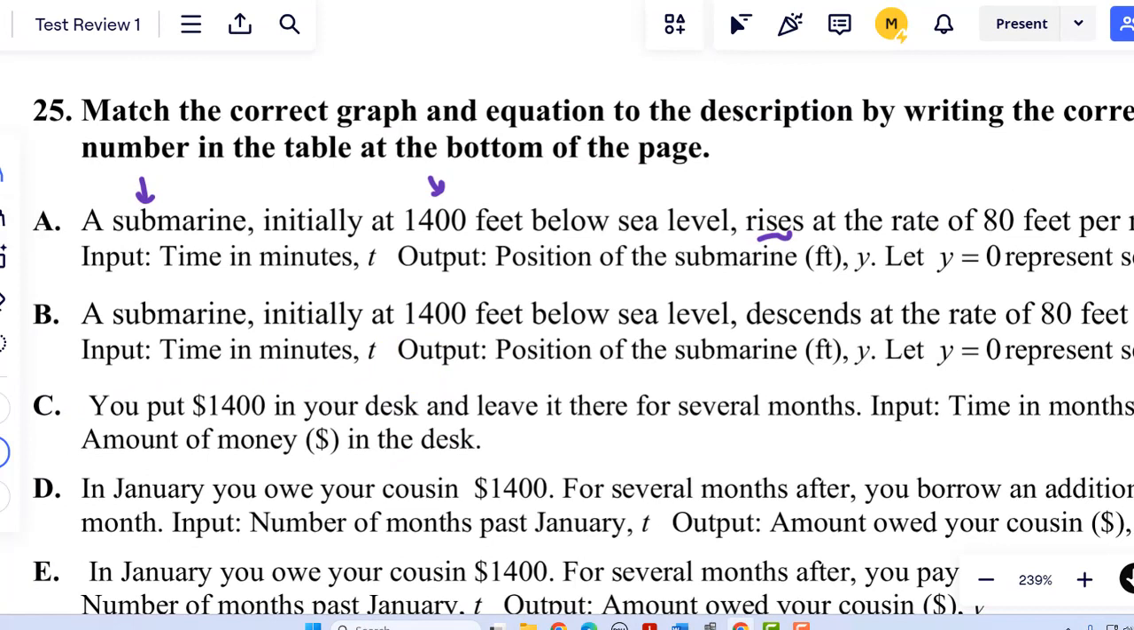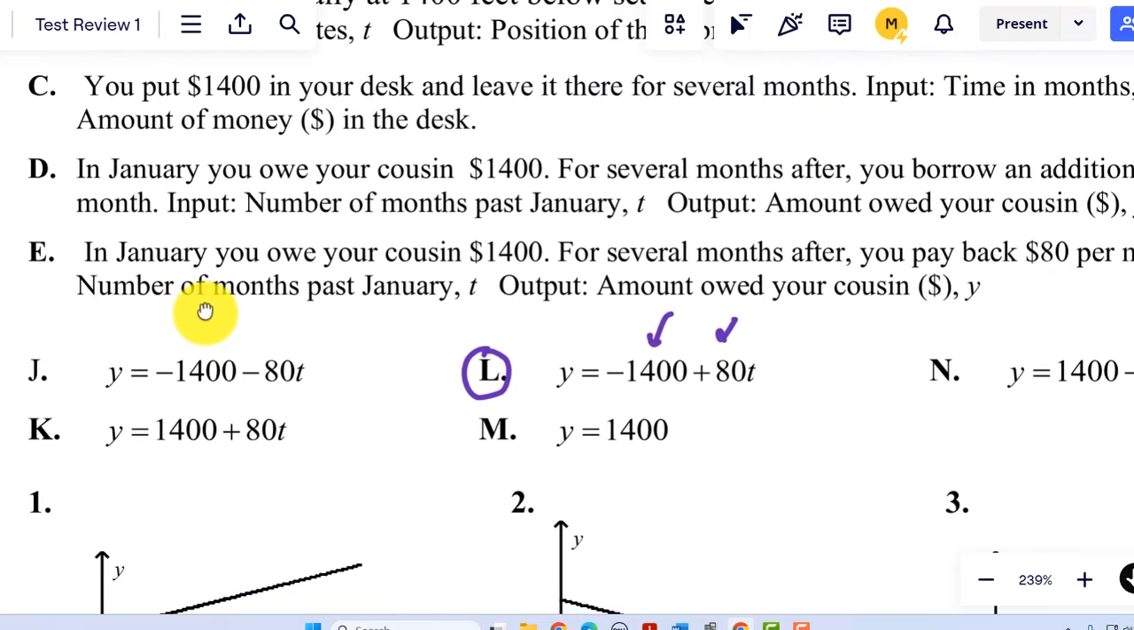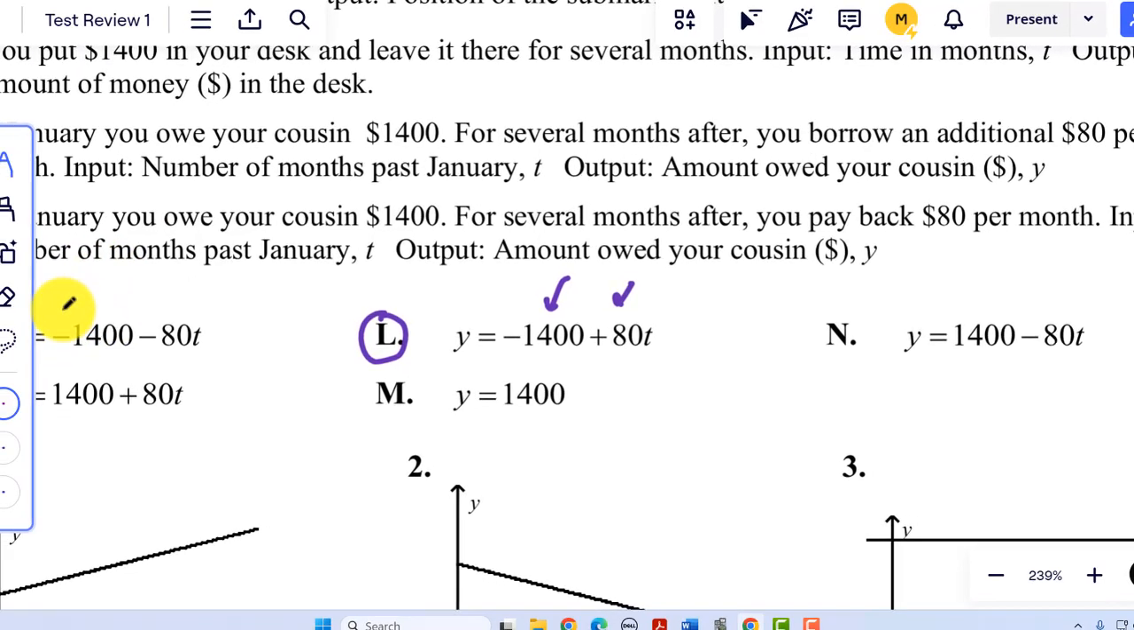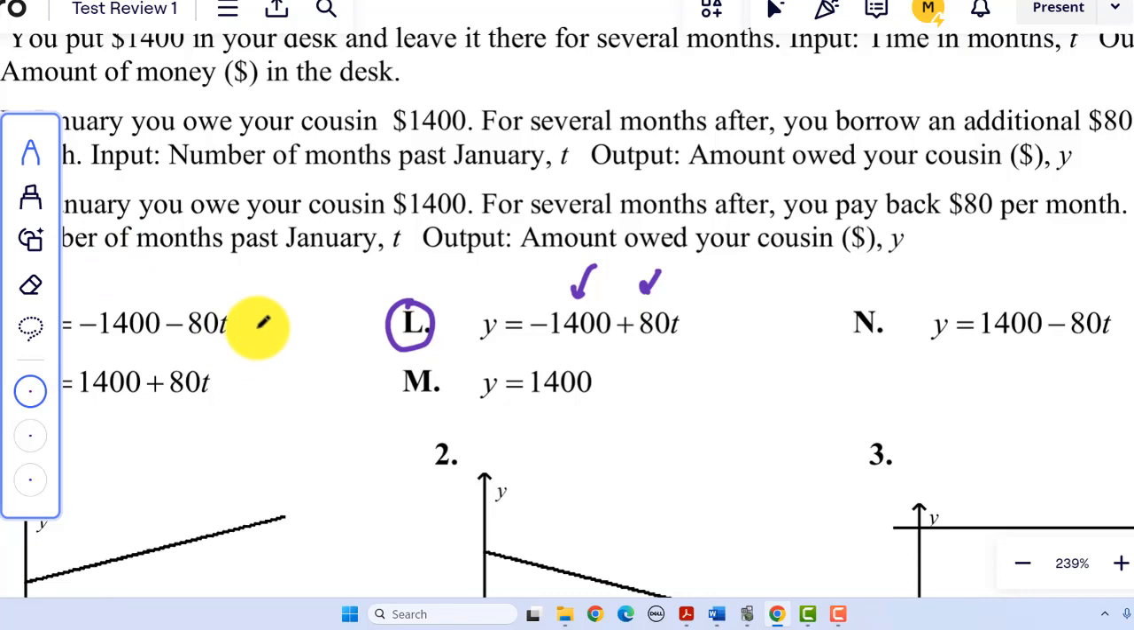And maybe I'll change my ink to a different color. There we go. Submarine is still 1,400 feet below sea level, but this time it's descending. So it's going down. So the equation is going to be very similar to A, except instead of my slope going up being positive, my slope should be negative because it descends, right? So minus 1,400 feet, it looks like this equation down here would work,